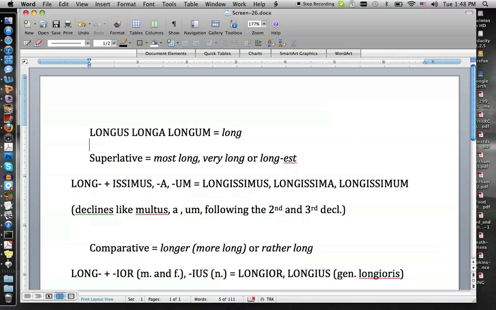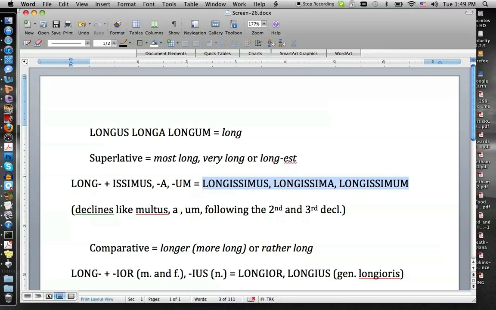The superlative is what you in English create by adding est to an adjective, like from long you get longest, or most long, very long, depending on the context. In Latin you form it basically like you do in English. In English you attach to the adjective the form est, with some variations for irregular adjectives. In Latin you attach to the stem of the adjective, that, remember, you get by cutting the a of the feminine form, so long, you attach to this issimus, issima, issimum, thus creating a new adjective in us a um: longissimus,